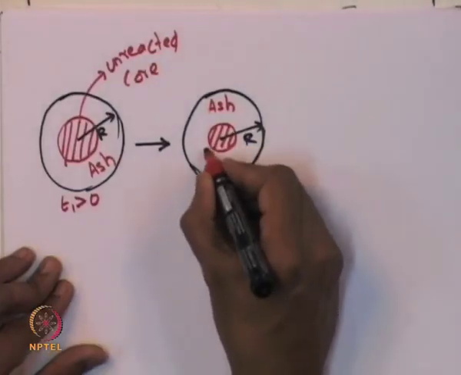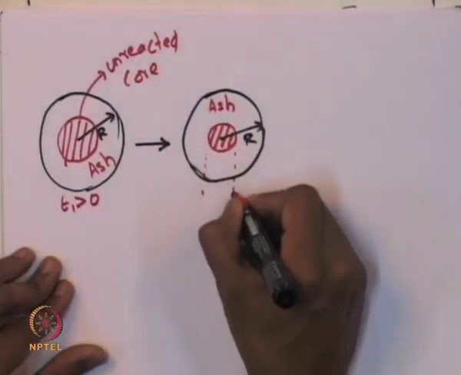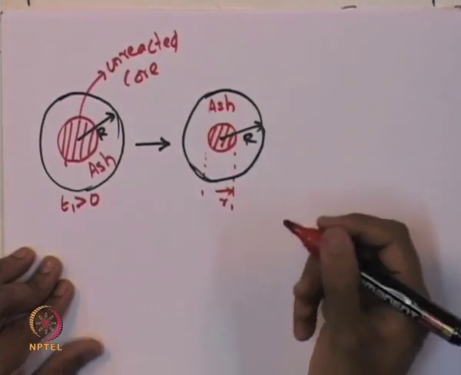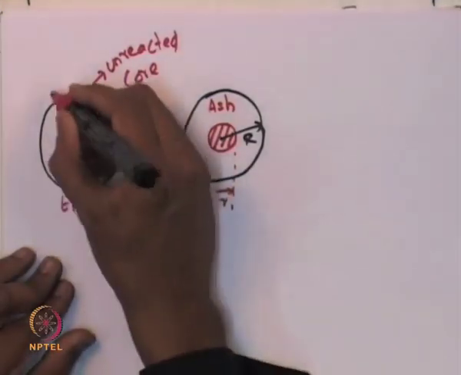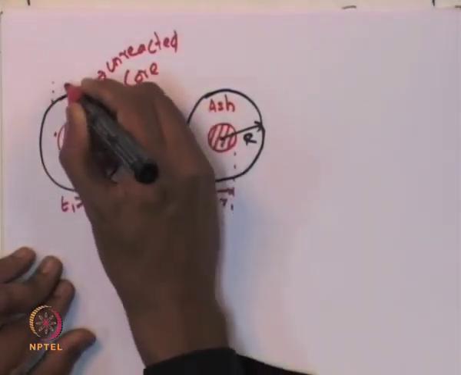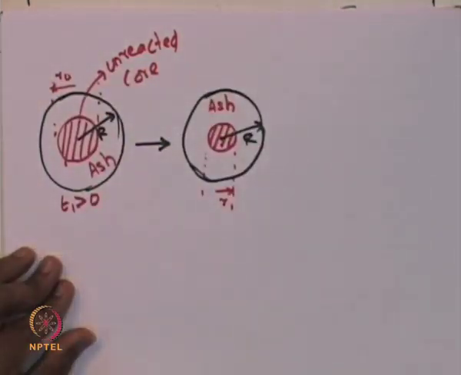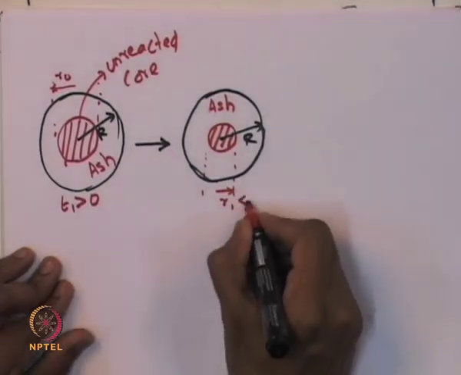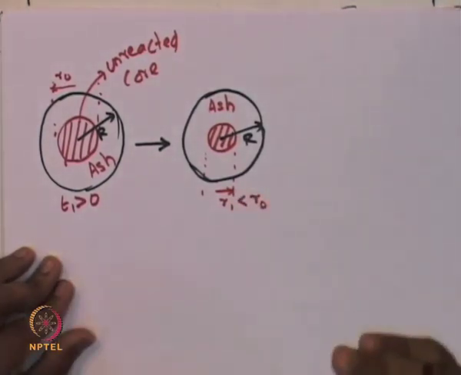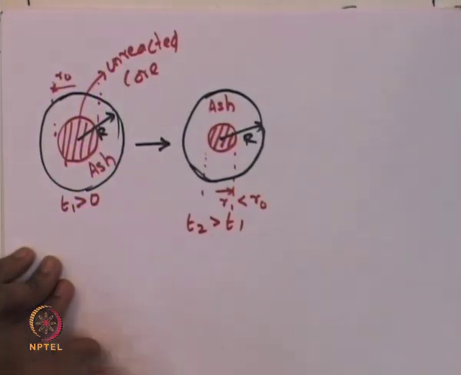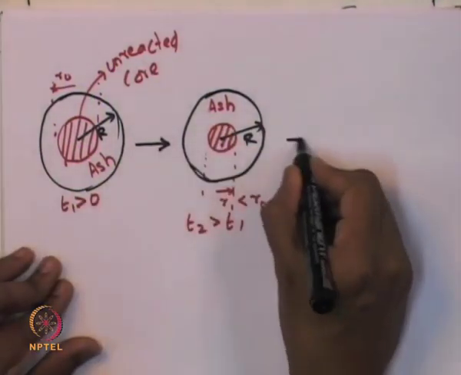So, the radius of this unreacted core, if I call this R1, will be smaller than the radius of the unreacted core which was present at an earlier time. So, this is R0, small r0. That radius will be smaller than this R naught, which means that the reaction front has moved inside and the solid which is present between R naught and R1 has now reacted to form products. So, this is at let us say time T2, which is greater than T1, and at a later time